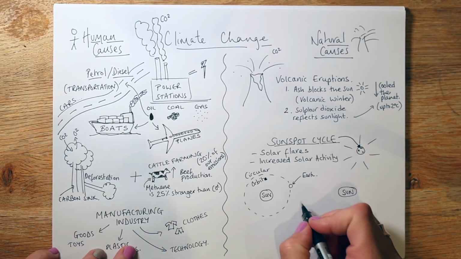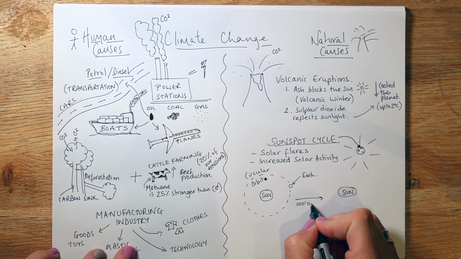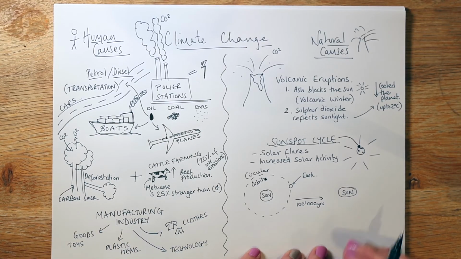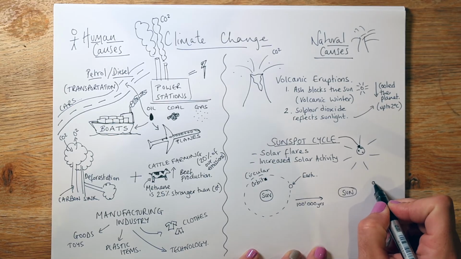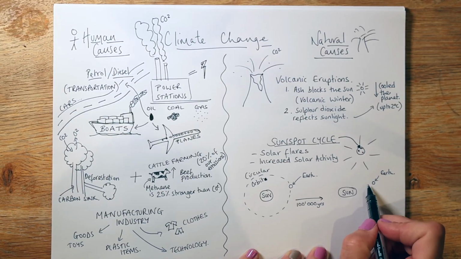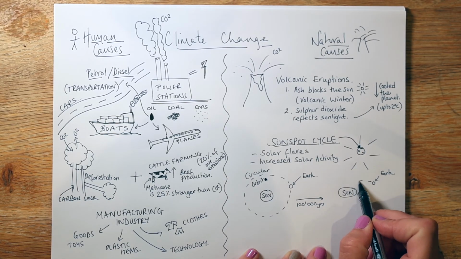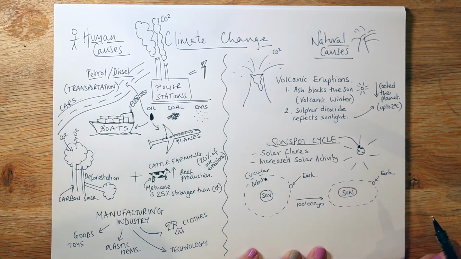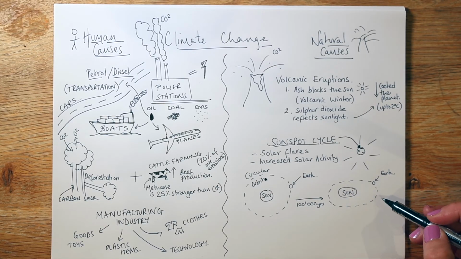Then, every 100,000 years, which, let's face it, isn't very long in the Earth's history, it changes to mildly elliptical. So again, if you imagine that again is the Earth, okay, instead of being in that sort of circle, it does kind of a bit more like that. Okay, that's obviously not to scale, and not a perfect drawing,